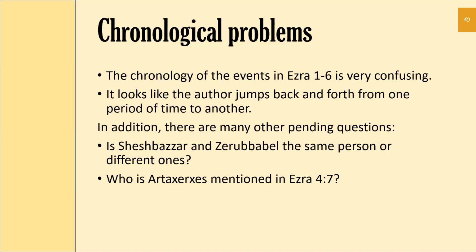Then the people who were already in the land discouraged the people of Judah and made them afraid to build. They also bribed officials to act against them to frustrate their plans, throughout the reigns of King Cyrus of Persia and until the reign of King Darius of Persia. So Darius is mentioned. And after that, we have Ahasuerus. At the beginning of the reign of Ahasuerus, the people who were already in the land wrote an accusation against